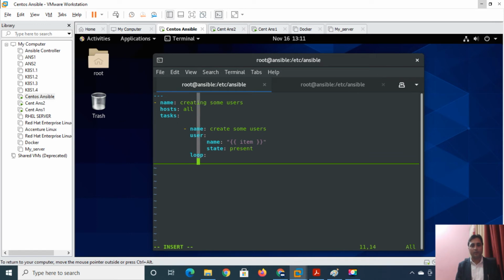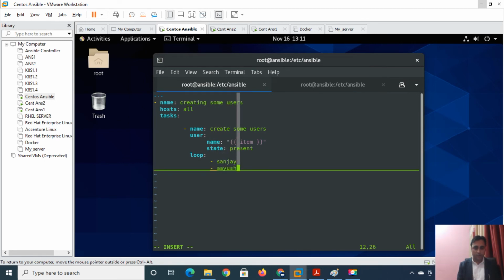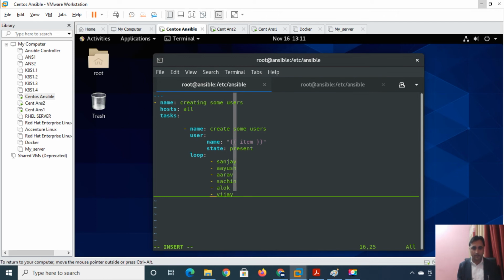Okay, you have to share the list of your users, like Sanjay, Ayush, Arav, Sachin, Alok, Vijay, Raj, right?